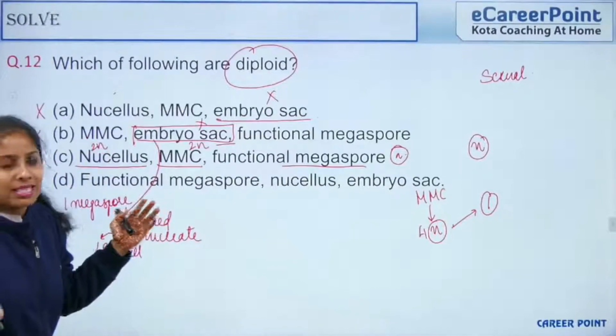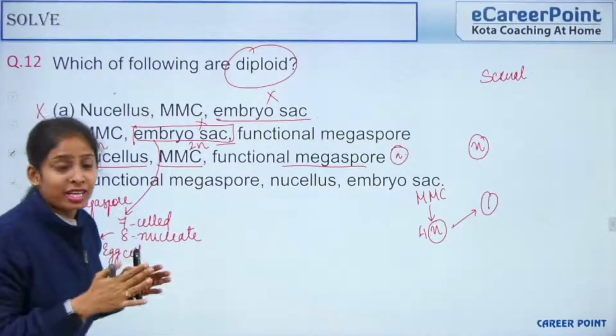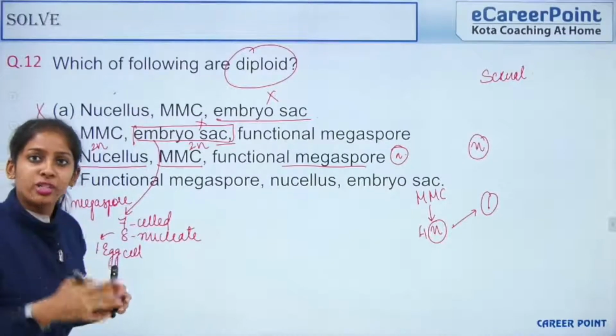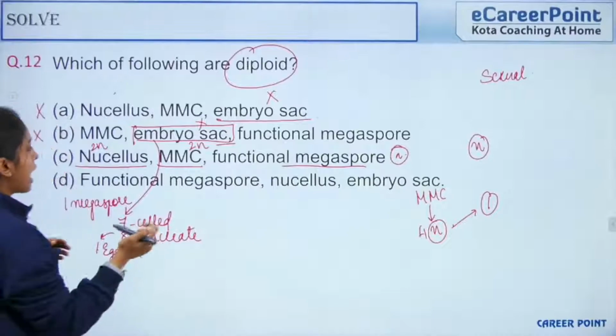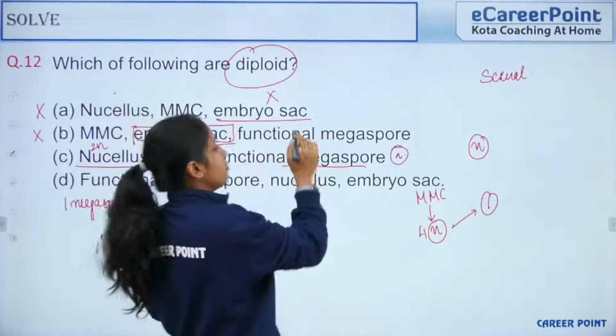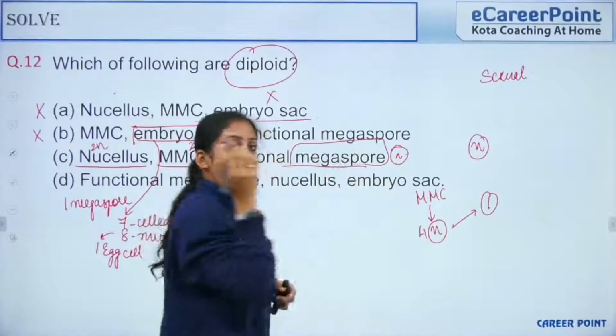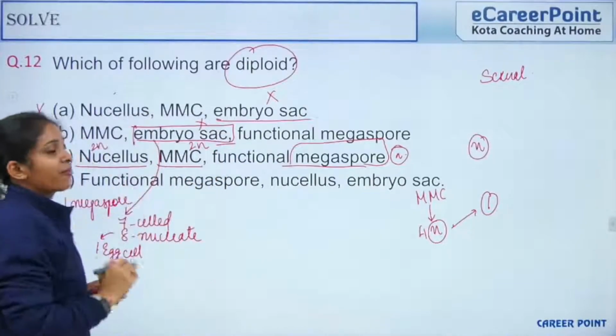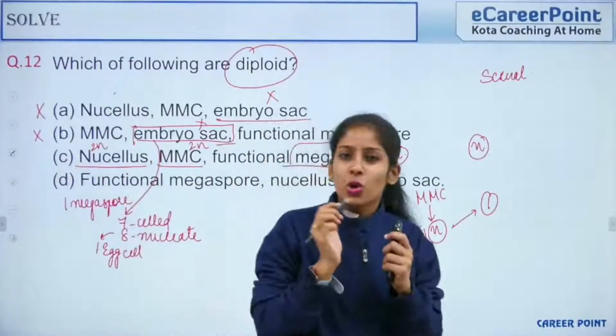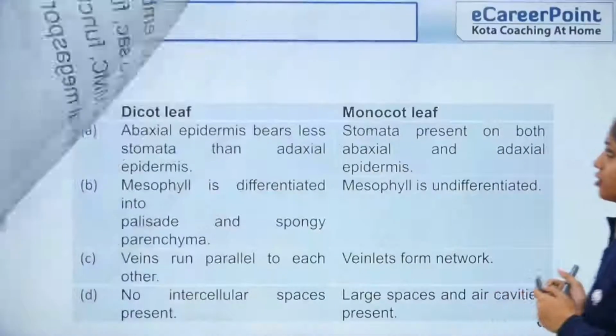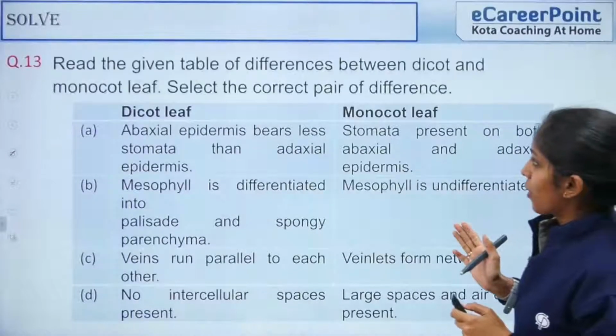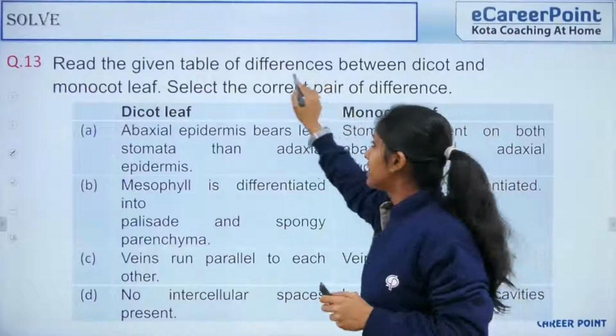The sample paper comes like this. It's not necessary that everything is perfectly printed. Even in the NEET exam you get bonus marks, you get a typing error, so all that happens. So this should be functional megaspore mother cell or microspore mother cell. Only then the answer will be right. So don't instantly arrive at the answer. That is not right. So look at the question. The question looks so huge, but you have to find the correct pair.